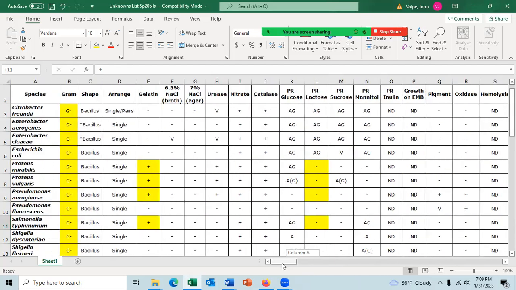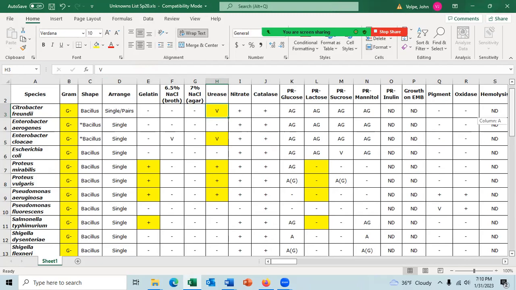Let me state that when you're looking at this table, I think it's obvious what positive and negative are, meaning the test is positive, the test is negative. What does the V mean? A V means that the results could be variable. That means, in this case, if we had something that was positive, we'd have to take those, and we have to include all of these variables, because the variable could be positive, but the variable could be negative. So we cannot rule these out. Any questions about a variable result?